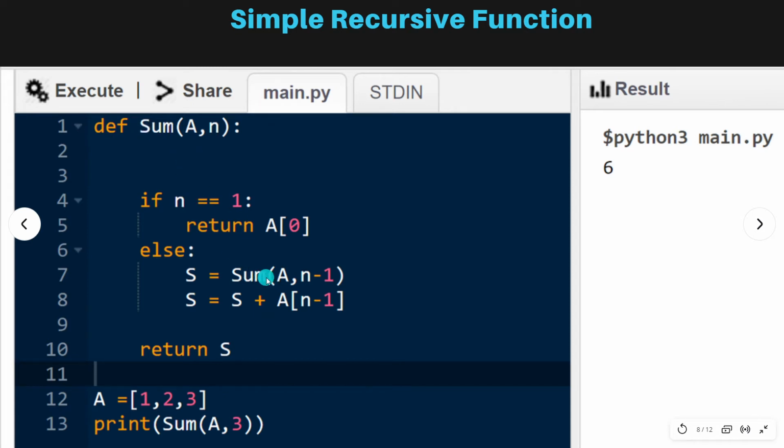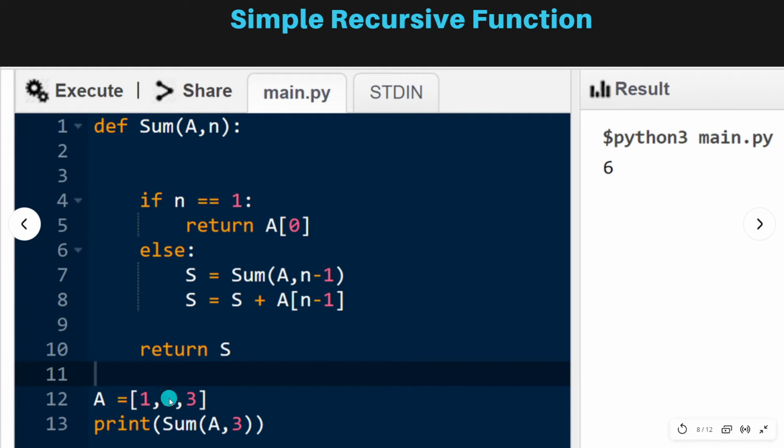It's called recursion. So here we have an array of numbers and the output is the sum of the array, that is 1 plus 2 plus 3, that is 6. Here the function takes two arguments, the number of elements and the array. If the number of elements is 1, then it returns the 0th index, or the first element.